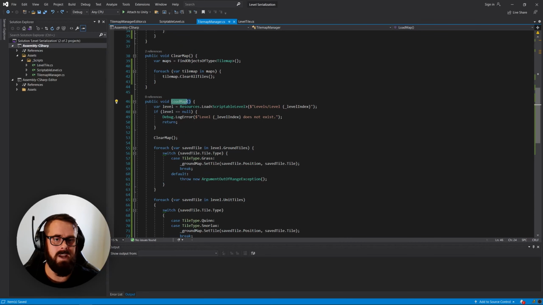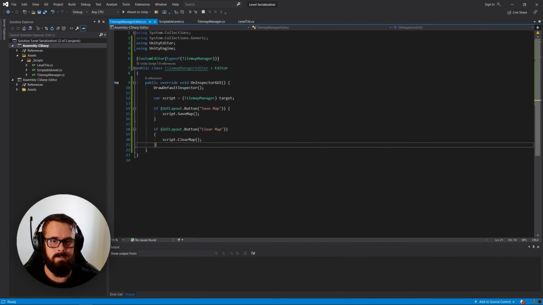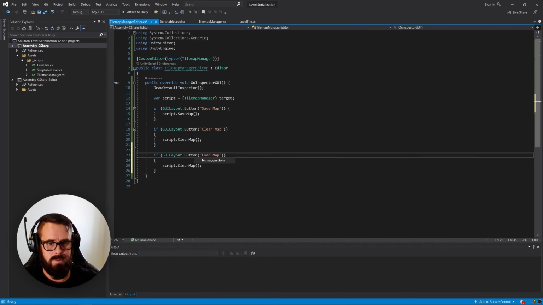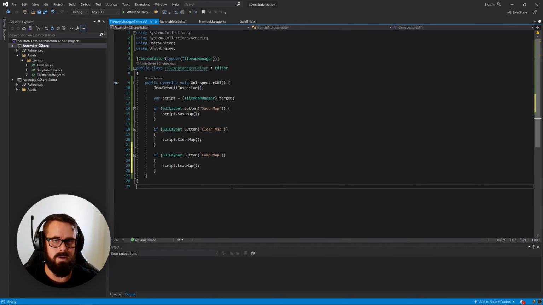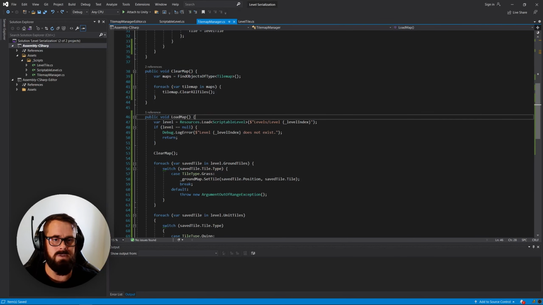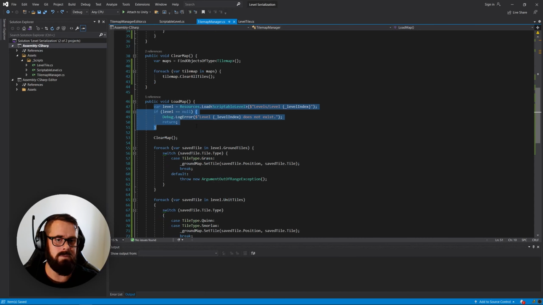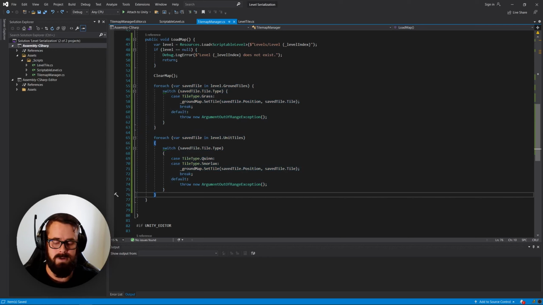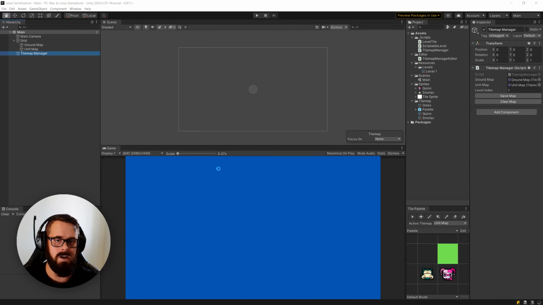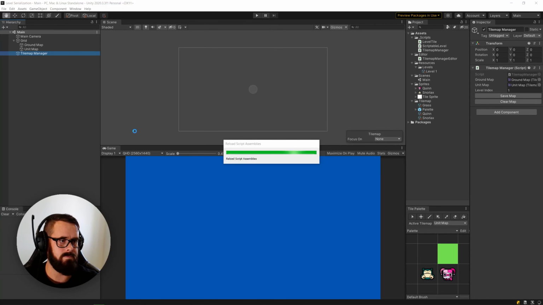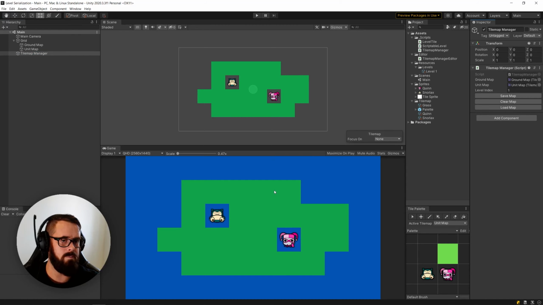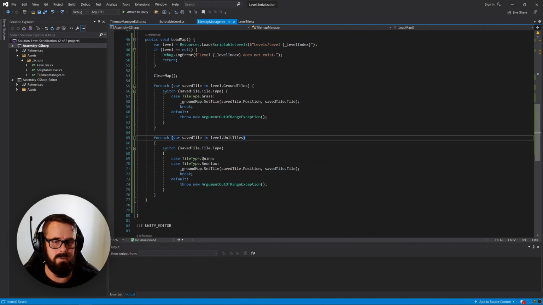So let's create a click for this in our tilemap editor. We'll do this, and this will be load map, and this will just call the load map function. So it will say load map, see if the level exists, clear any stragglers, and then actually generate the map. So let's give that a crack. So Tilemap Manager, level index 1, and load map. And I did something wrong here, which is